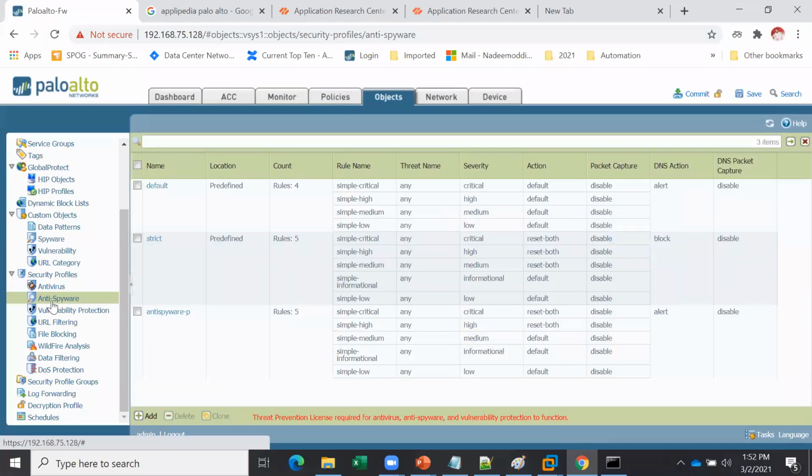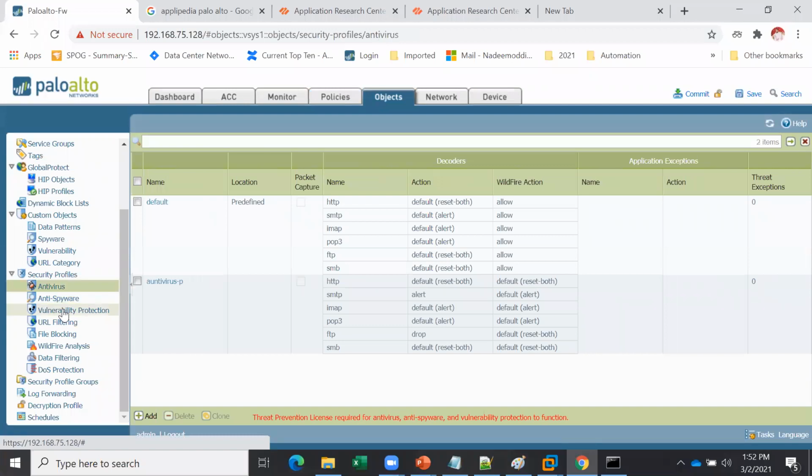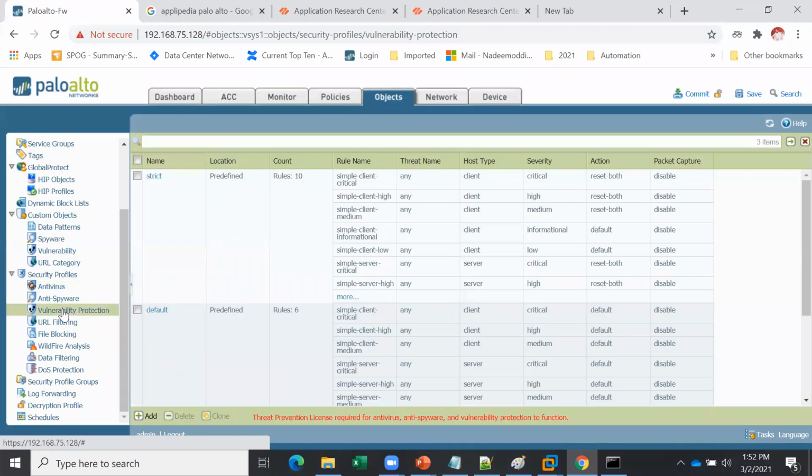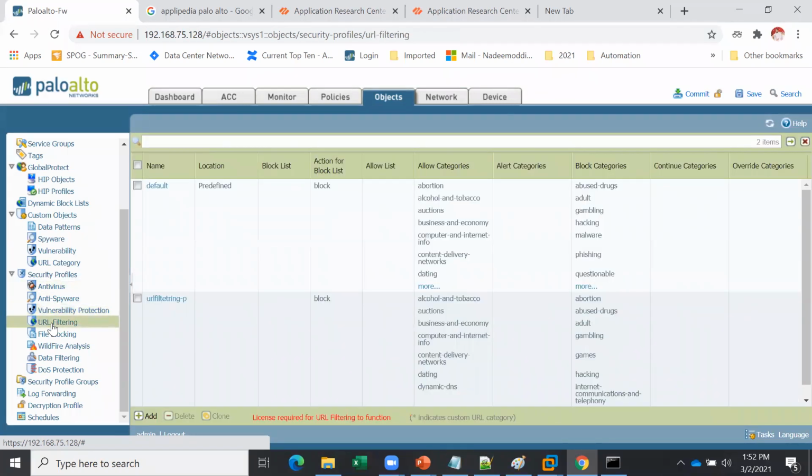If you already work on IPS, IDS, you will understand very clearly what an antivirus signature is, what a vulnerability signature is. But still, if you are not aware, you can learn it. What is antivirus, what is vulnerability, what is URL filtering, because URL filtering is a separate technology, and separate devices exist for it. Blue Coat is there, Cyberoam is there, so they just take care of the antivirus and URL filtering stuff.